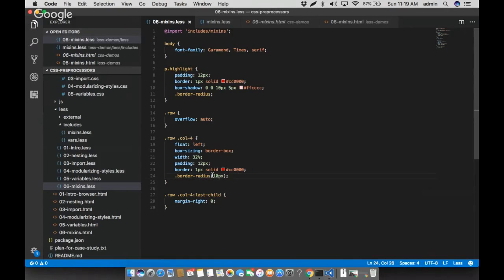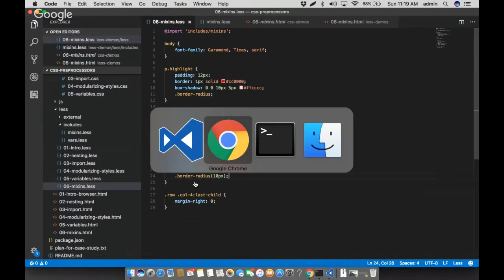All right. So this is how we can. Again, it has cut down on a lot of repetition. You can see instead of 5 lines each, we just have one line, and we don't even have to pass a value if it's going to be the default. Here we don't want the 4 pixel default. We want 10 pixels. So we are passing in the parameter value. So if you compile this,